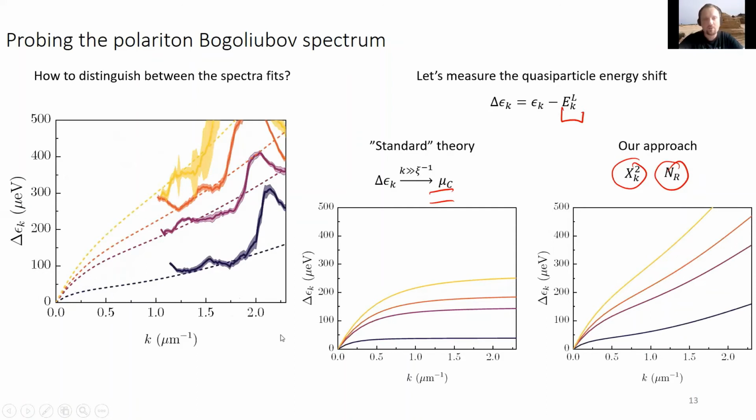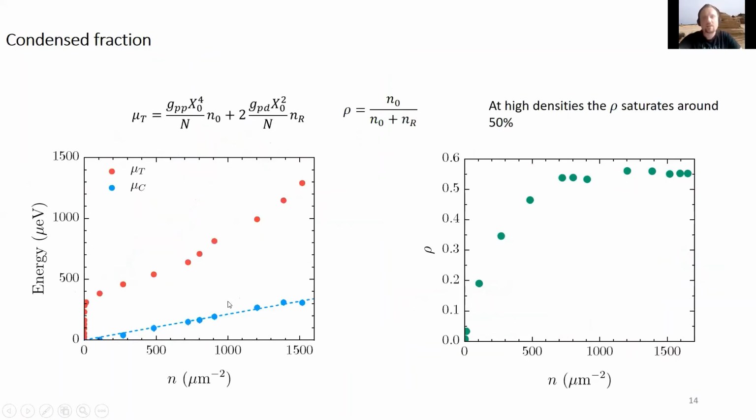We show that at high wave vectors, the excitation branches must be fitted with the theory, taking into account these two things. So if we now can fit the dispersion both with the mu c, meaning the chemical potential of the polaritons, and the inclusion of the reservoir, we can extract the blue shift from only the polaritons and the total blue shift, which is easily measured from the experiment, and we can calculate what